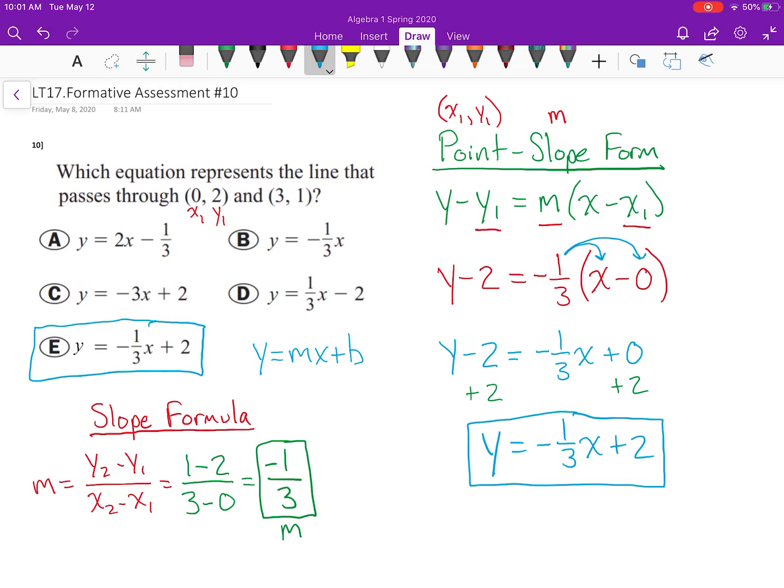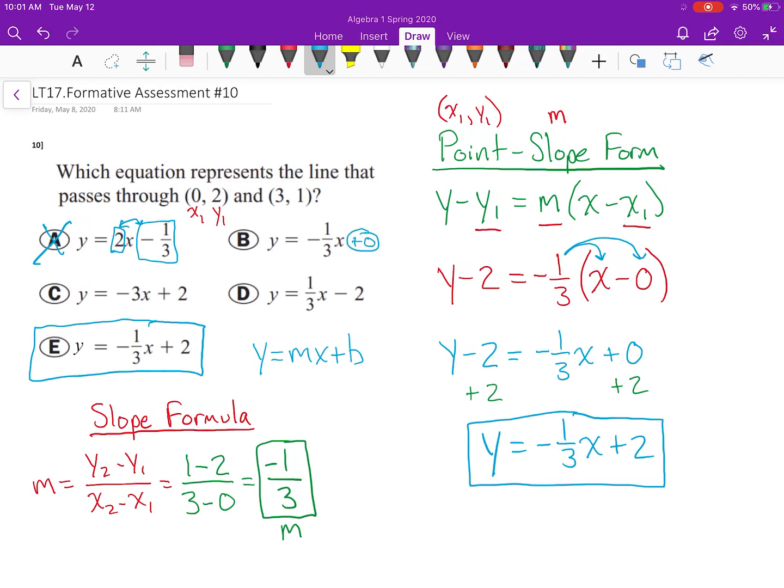So let's look at some things to be careful of. Choice A looks like they have their slope and y-intercept flipped around. So be careful not to do that. That's incorrect. Choice B, they have the slope of negative 1/3 is correct, but their y-intercept looks like it's missing,